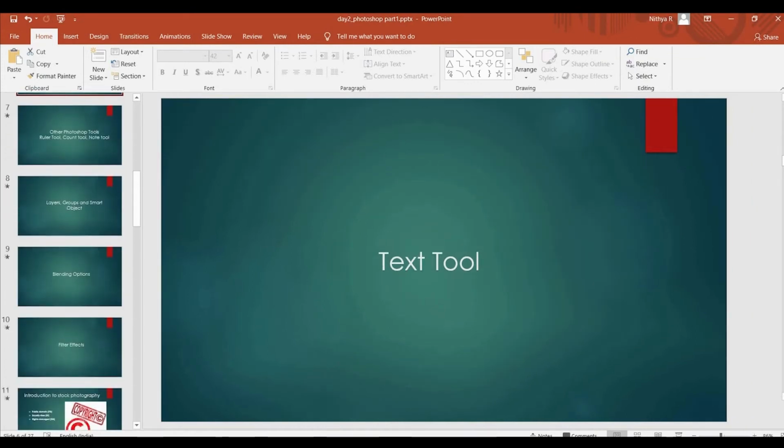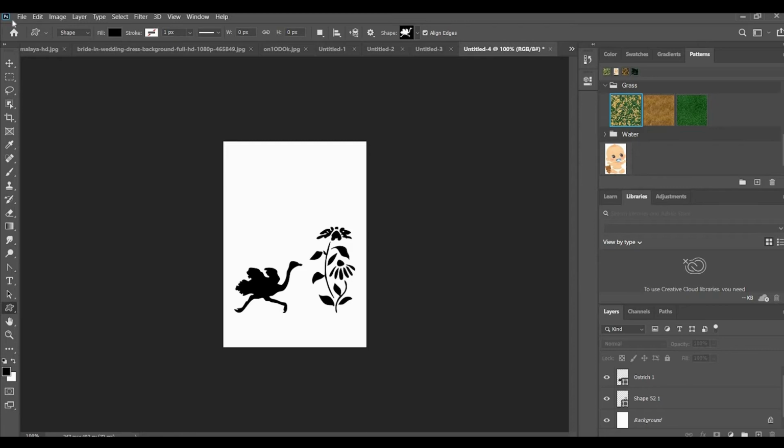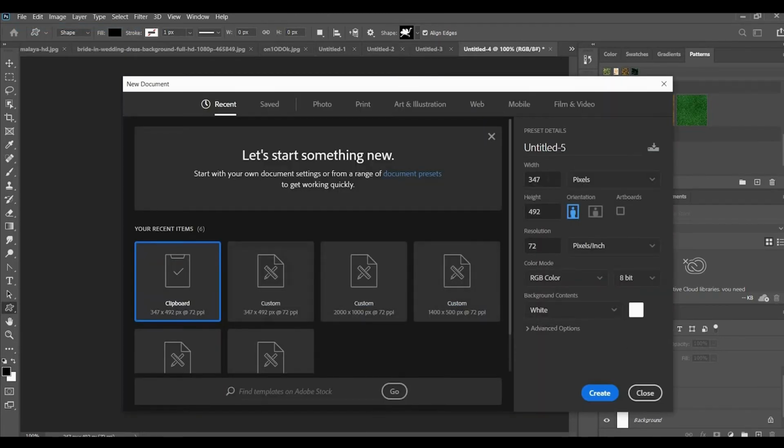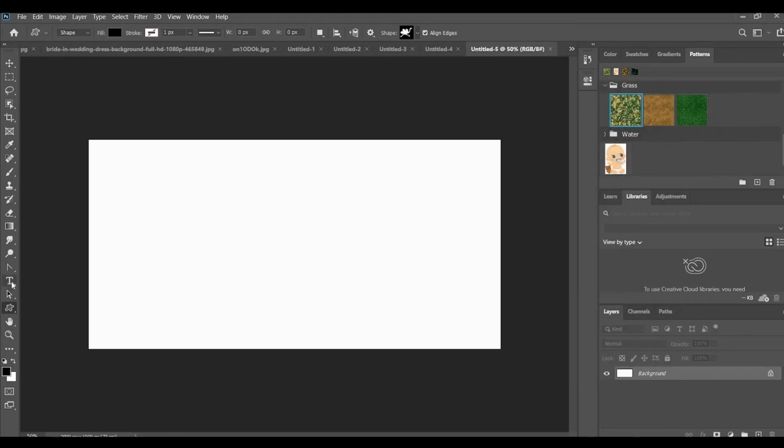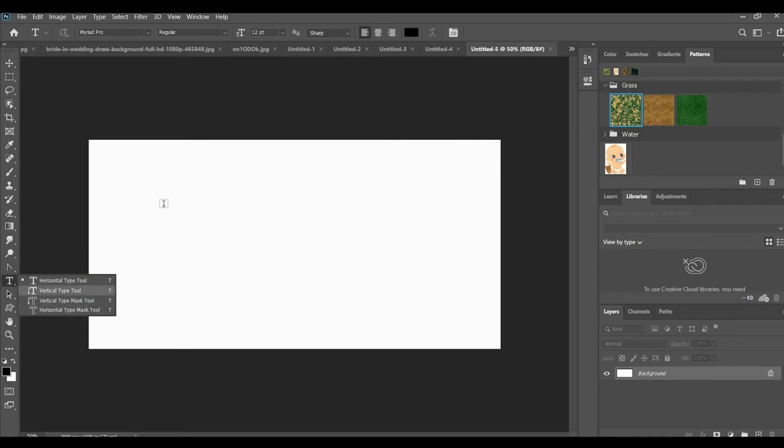Text tool. So file, new, this time using 2000 by 1000. Click on text. Here we have a number of options.